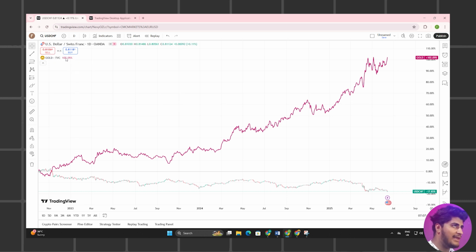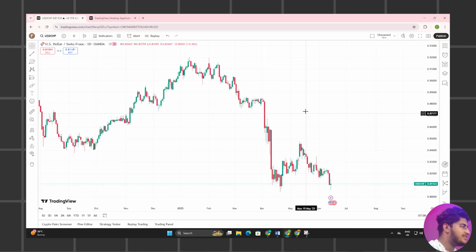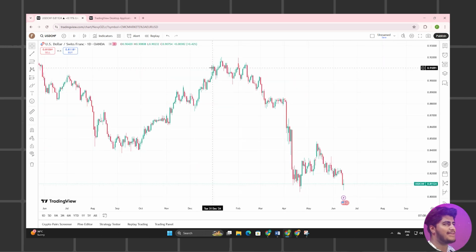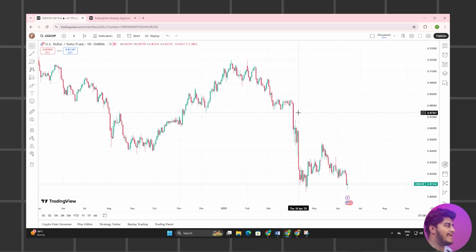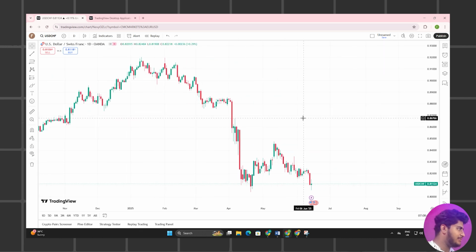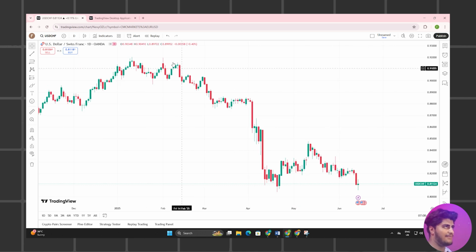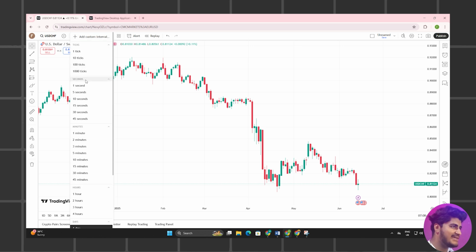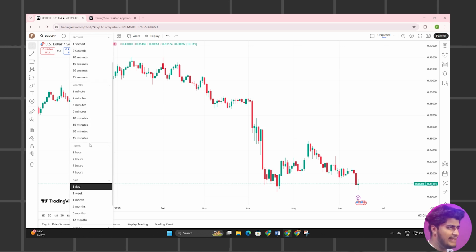From here you can close the first one you want. Delete and remove, and your chart will be removed. Now next is day and time. Which candle time do you want? For example, this candle is 3 minutes, 4 minutes, but this candle is a day. It's a 1 day candle. You can change to any time, any candles you want.